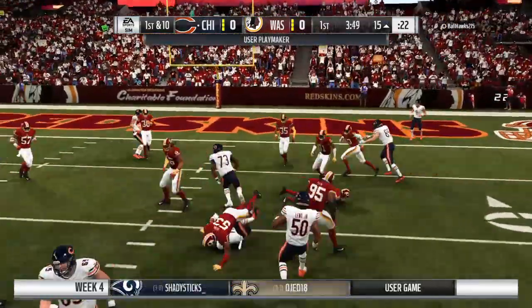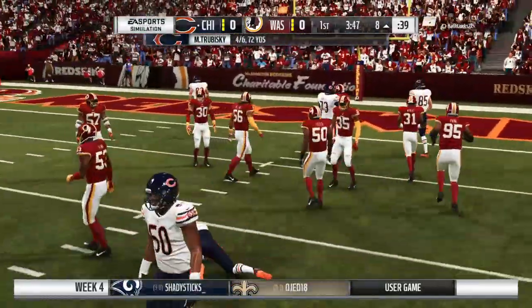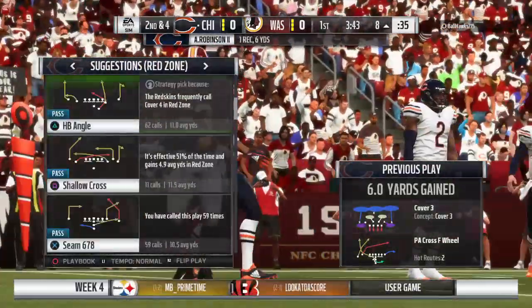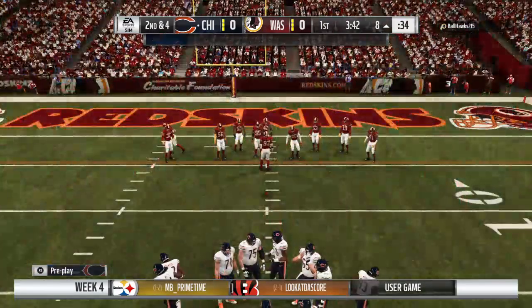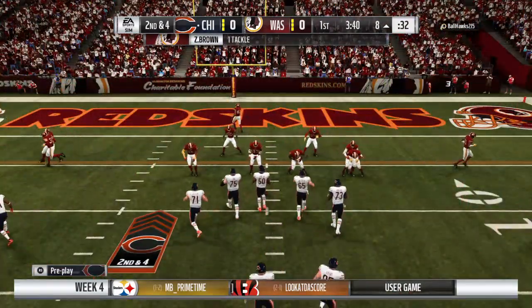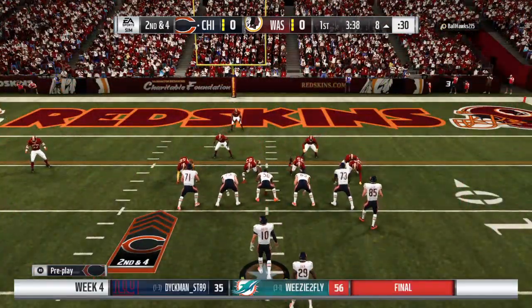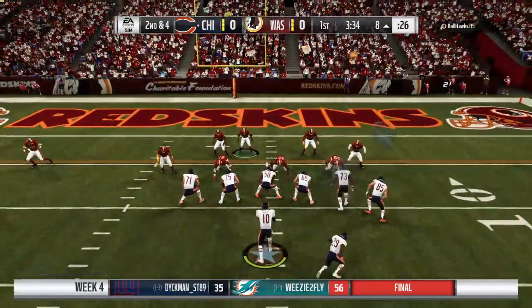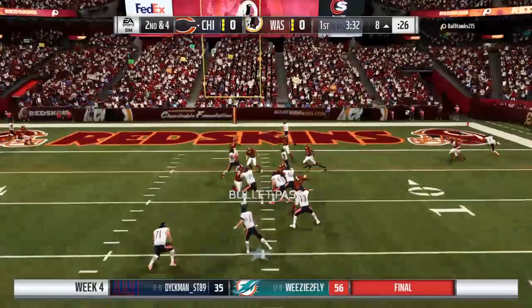Middle of the field, it's Robinson. And he's able to work it here to the 8-yard line. A gain of 6 there on 1st. One thing you're hoping for when you run drag routes, you're able to hit a receiver in stride, and he can pick up a lot of yardage after the catch. But in this situation, the defense was effective, able to stop him before he...